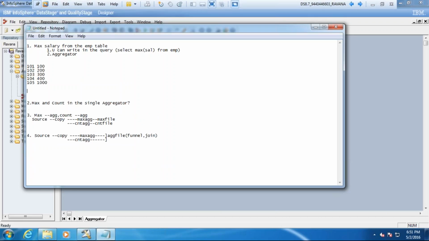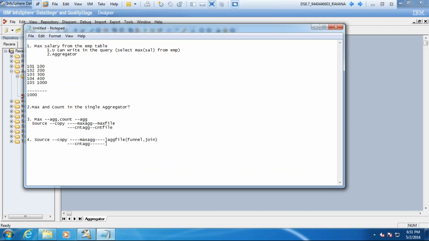What is the maximum salary? 1000 is the maximum salary. But how would you get the maximum salary using the aggregator? Using the aggregator itself, I need to get the maximum salary.